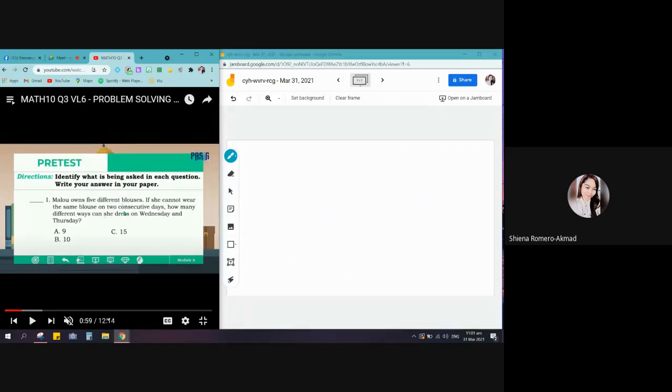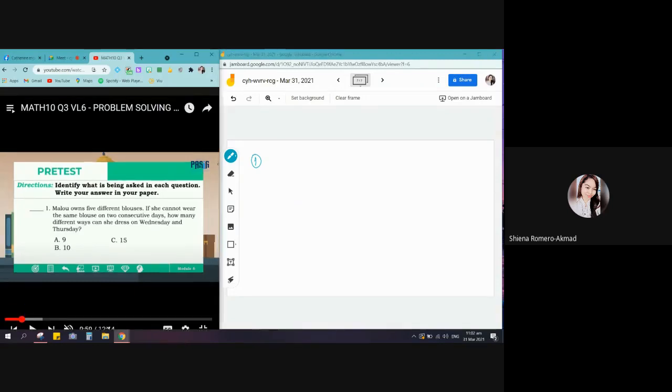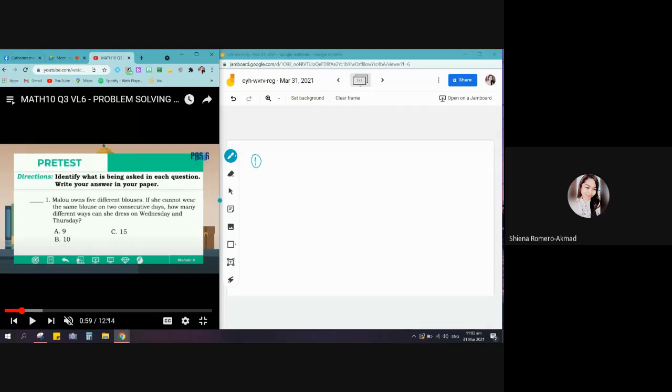So, she owns 5 blouses, at mamimili siya ng blouse niya. And she cannot wear the same blouse for 2 consecutive days. Meaning, if she will wear a blouse sa Wednesday and Thursday, ilan yung dapat niyang piliin given the 5 blouses? Dahil pipili siya ng 2 lang for Wednesday and Thursday, that's permutation of 5 taken 2 at a time, which is,